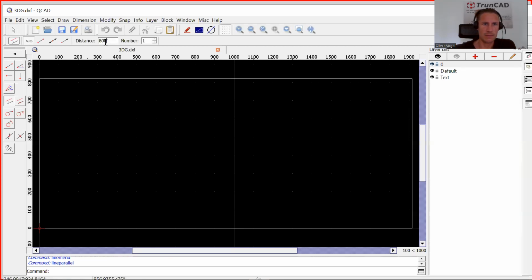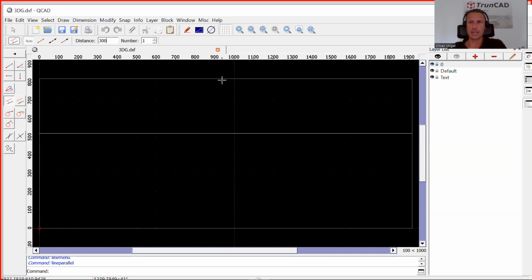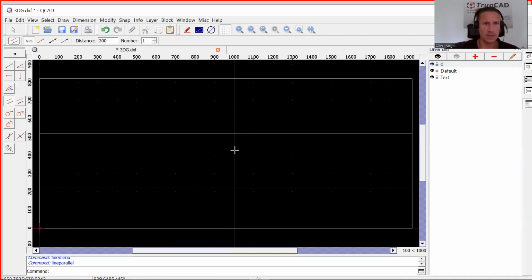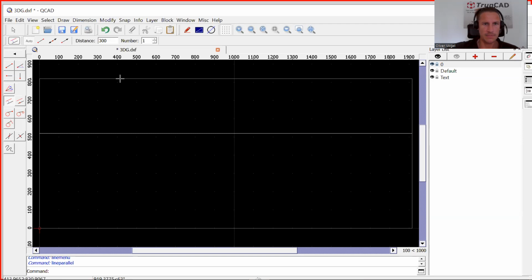The first distance is 300, because we extended this door by 150 millimeter and the other one also by 150, and now we are setting up the guidelines to set up the shape of it. That is the first one, and now we want to have in the middle also some space to play. We type in distance 800,